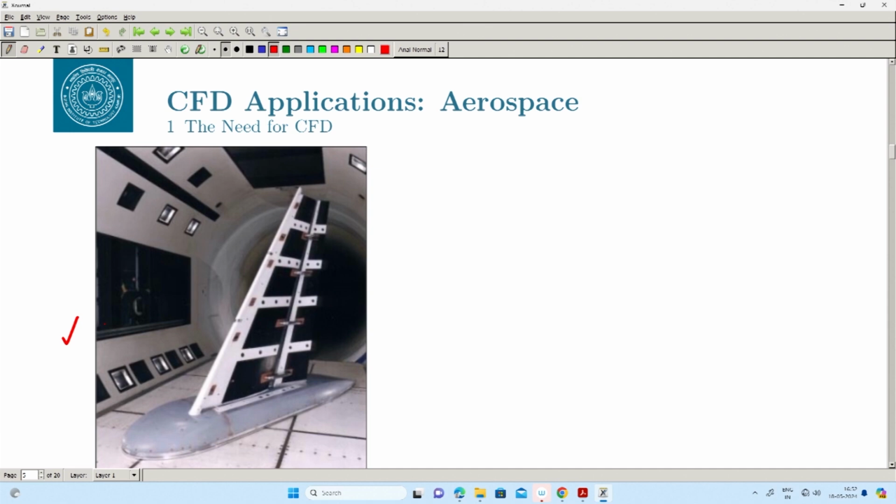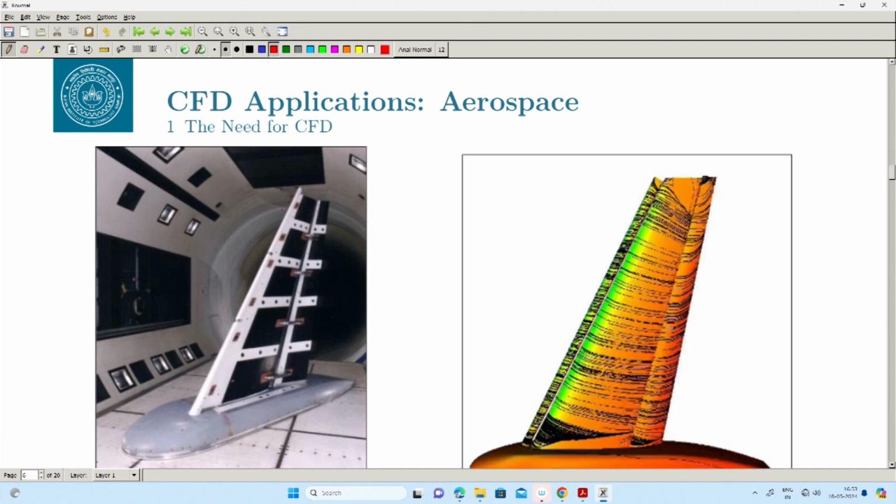You want to calculate the lift, the drag, the moment. So, whatever you are doing here, the same thing you could do in your simulation also, which is shown here. The right one is from